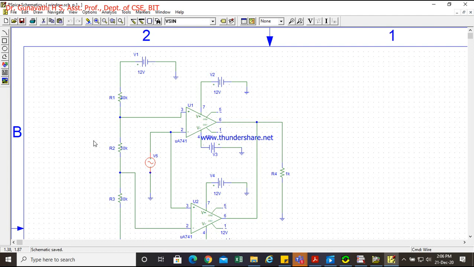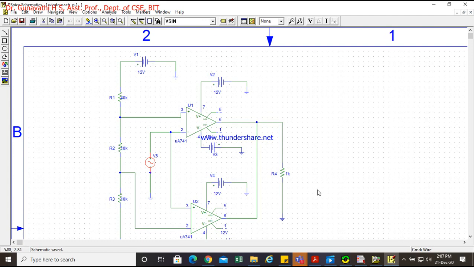So what is the time now? Frequency is 50 Hz, I've given. What's the time now? 1 divided by 50, because it is in terms of Hertz. We don't have any unit now. So our time is 0.02, right? If I want to convert that to milli, how much will it be? 1 pulse is equal to how much milli? Yes, 20 milli.